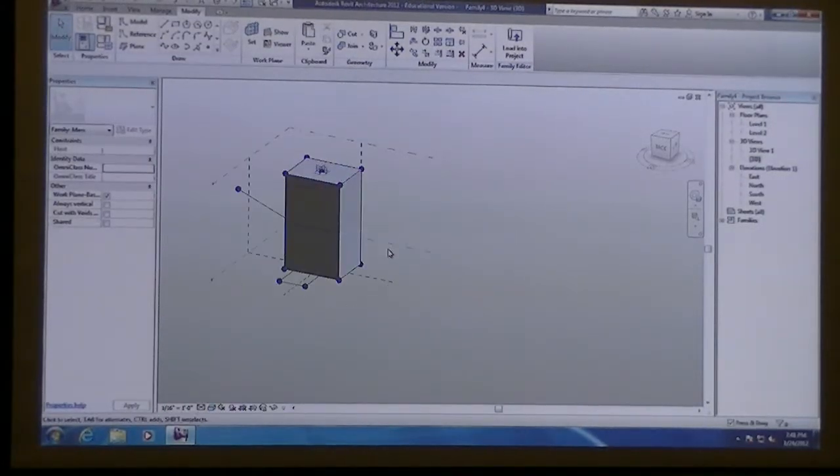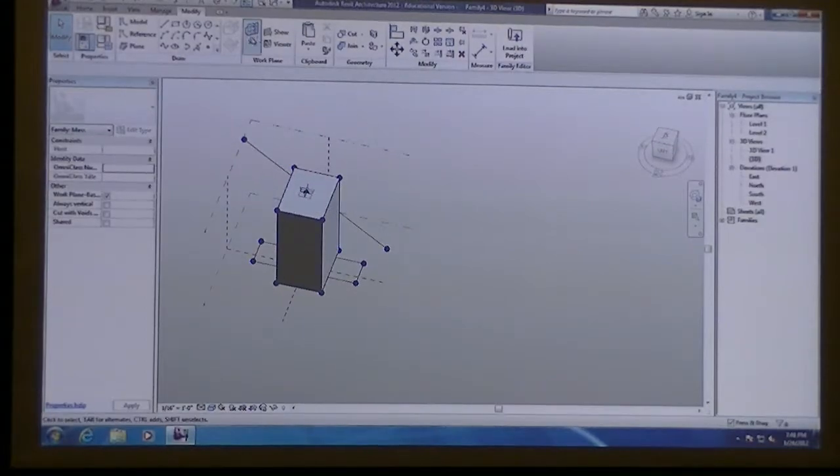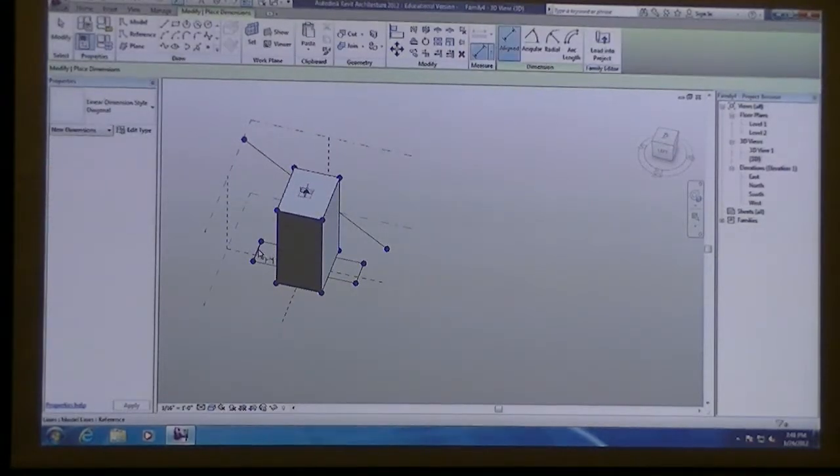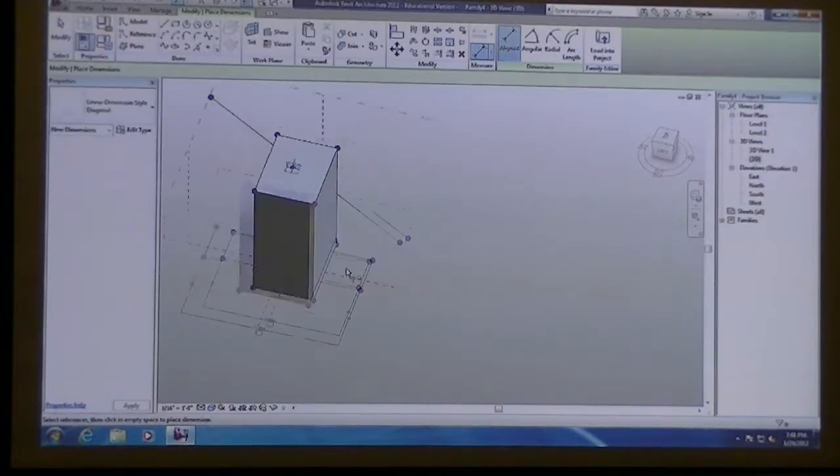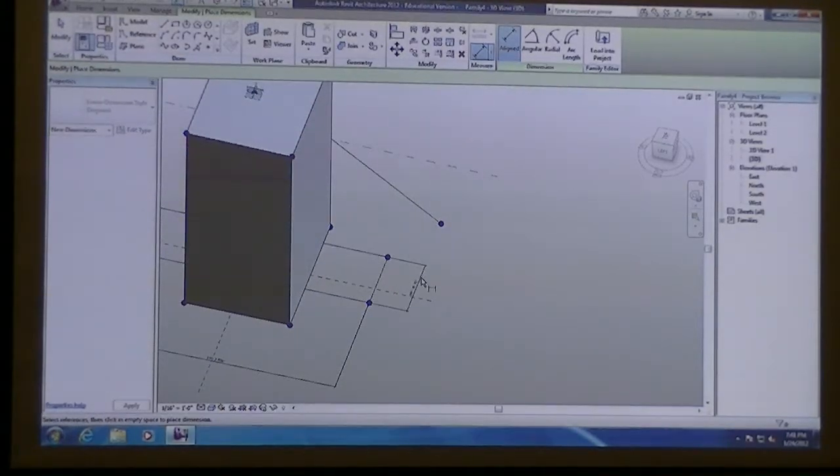So before I create that form, I could probably add in some dimensions. I'm not going to do all the parameter setup right now. But we could add in dimensions and set up these as parameters so we could change the length and the width of the base.